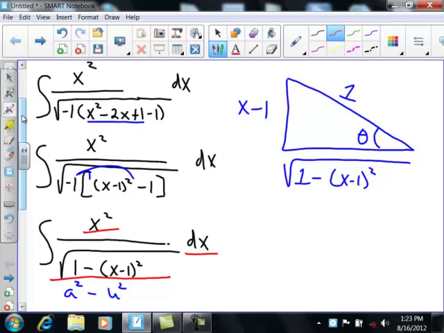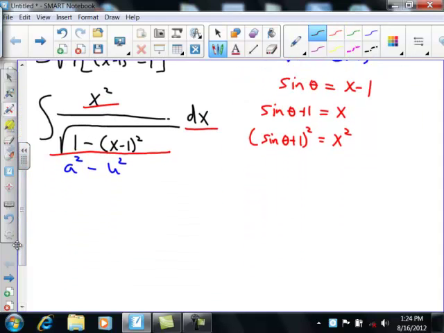So first of all, what I have is that the sine of theta is x minus 1. So that means a couple of different things. First of all, that sine theta plus 1 is x, and so over there in my integral, that means that the sine of theta plus 1 squared is x squared. So I can take care of that. So we'll go ahead and write our next line here. So we have that the integral x squared becomes the sine of theta plus 1, that quantity squared, and we'll deal with that in just a minute, over,